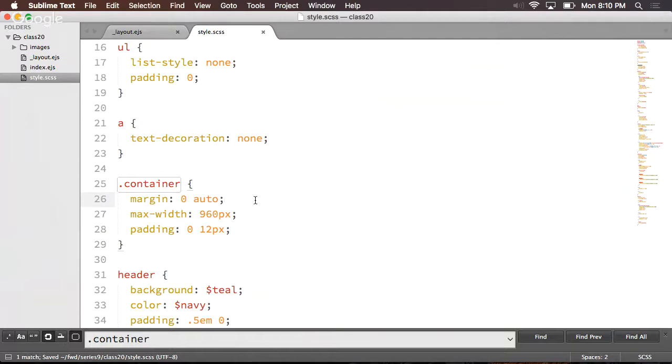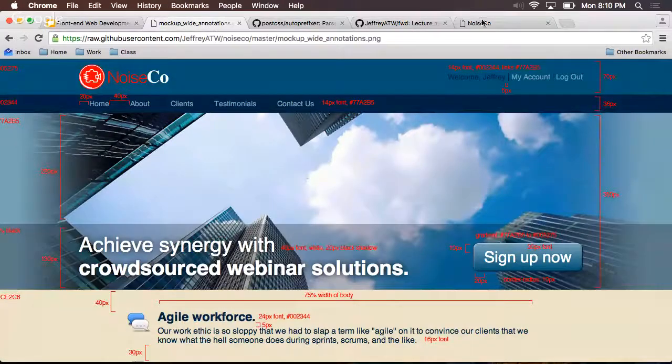So max-width, as the name suggests, means that it will go up to a maximum of 960, but if whatever it's inside, which in this case is the page, is not 960 across, then it will simply shrink to whatever size it's given. There's also a min-width, in case you want something to not shrink below a certain size. But max-width means that it'll grow and grow until it hits 960, at which point it stops expanding. So all of a sudden,